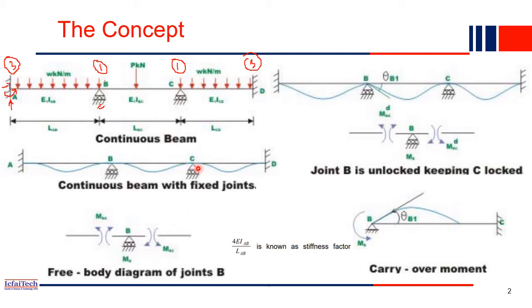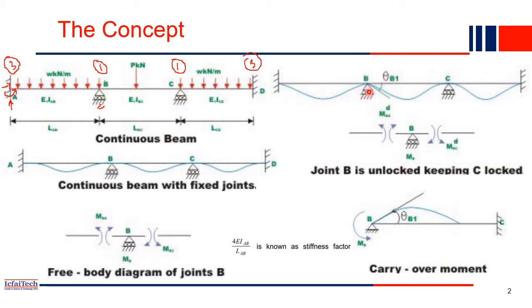If you recall again, the first step will be just to fix all the supports. So this support is fixed, this support also we have fixed, and then we calculated what is the fixed moment. Then in the next step we released one support. Once you release one support, what will happen? The fixed moment that was there will cause the slope at this point. Then we have to count how much will be the unbalanced moment at B.